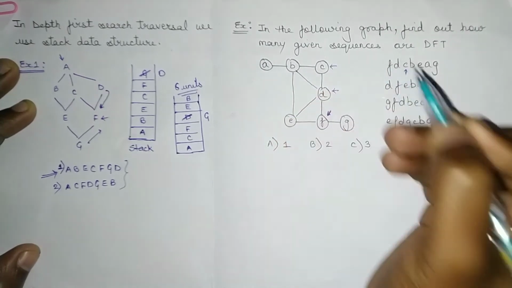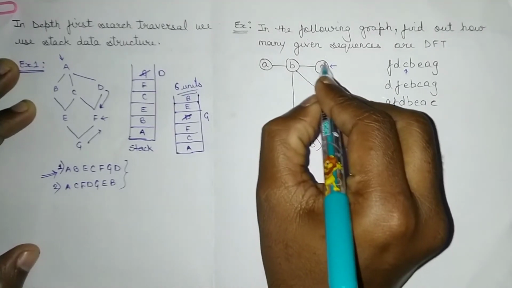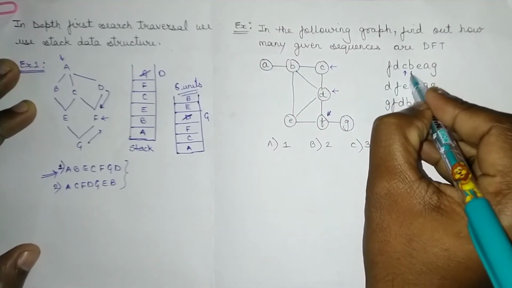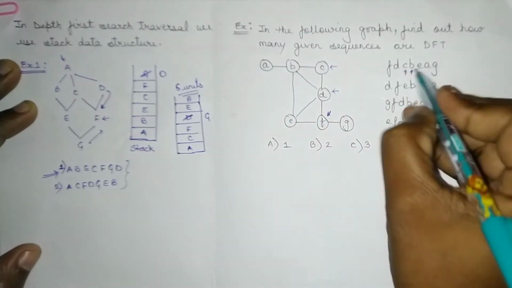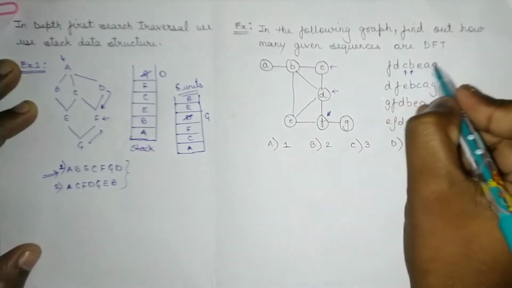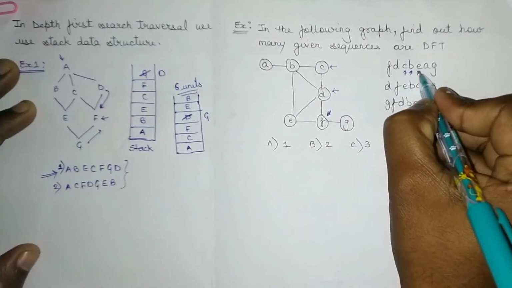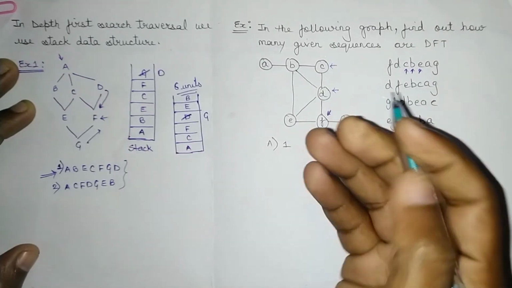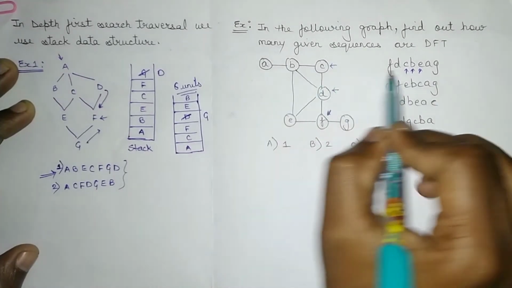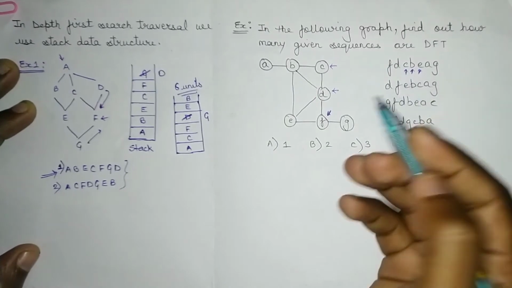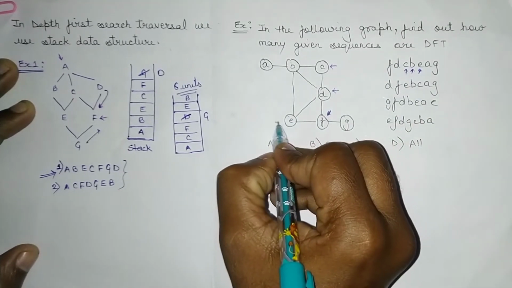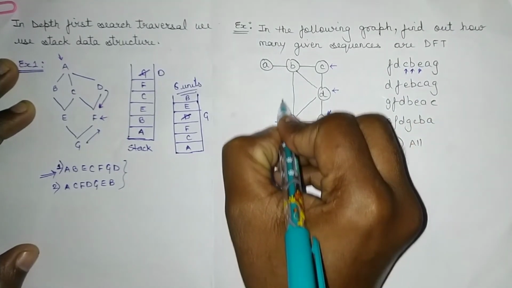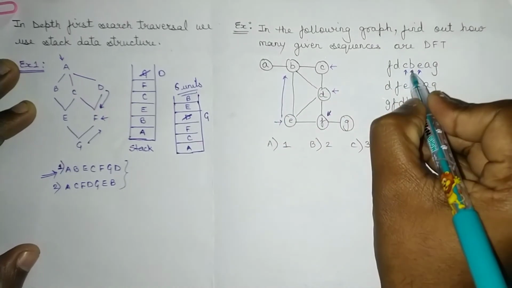So we moved on to C. Now we have to find the adjacent of C, which is B. So they took B, which is right. After B we find the adjacent of B, which is E. So here they are right. After E, what are the adjacent values? F and B, but F and B are already done. So we have to backtrack. After coming to E, we go back to the previous node, which is B.